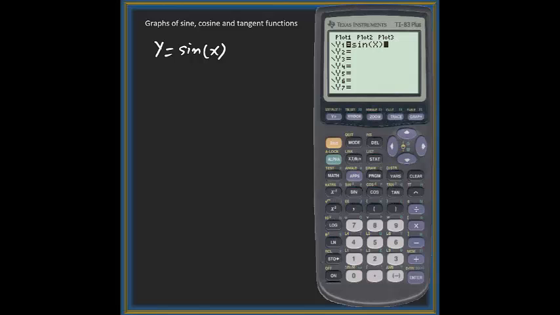In this video, we'll be working on the graph of sine function, cosine function, and tangent functions, and we'll figure out some properties. So let us look at y equals sine x and make sure that you are in radian mode, and you go to the window, make your window say negative 2 pi to positive 2 pi,